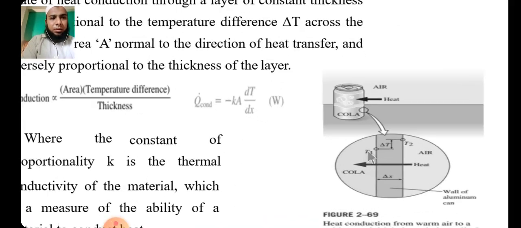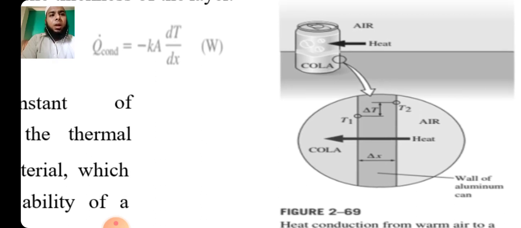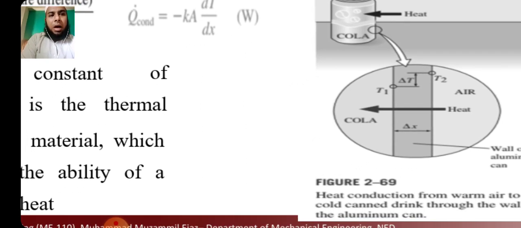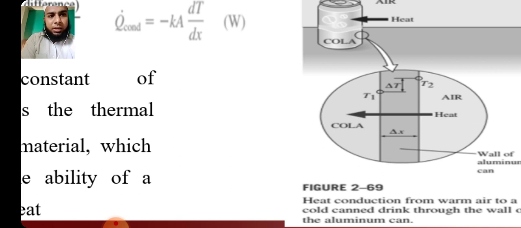Like for example, this Coca-Cola bottle. We have a high temperature outside, and a very thin layer of metal, and the heat is transferred from this point to this point, from the surrounding air to the cola bottle. So the outside layer of the bottle is in contact with the air and has a high temperature, and the inside has a lower temperature. So the heat is transferred from this point to this point with a very